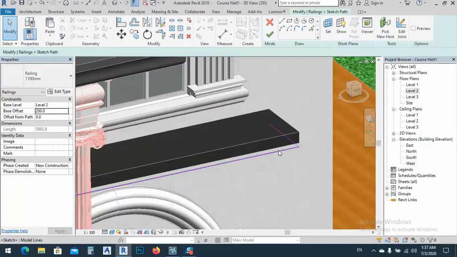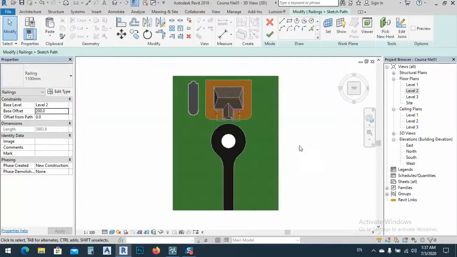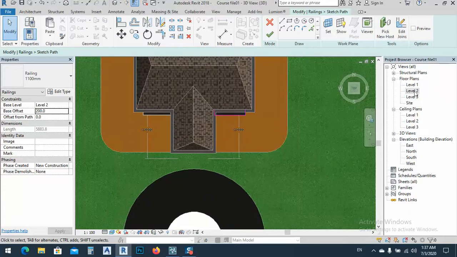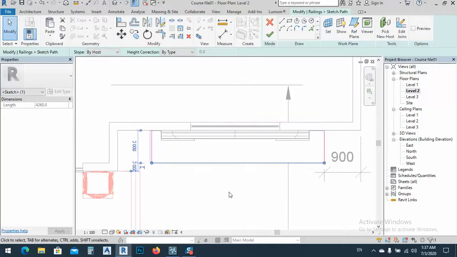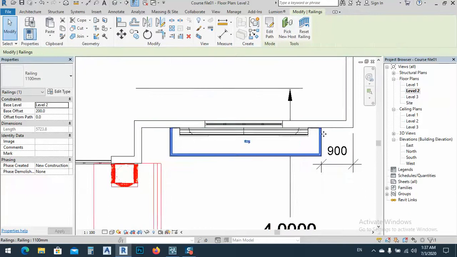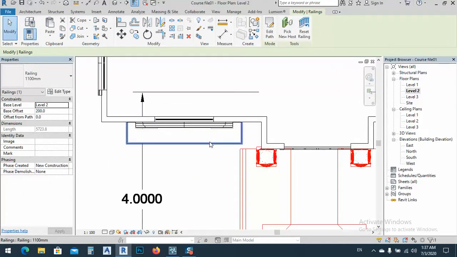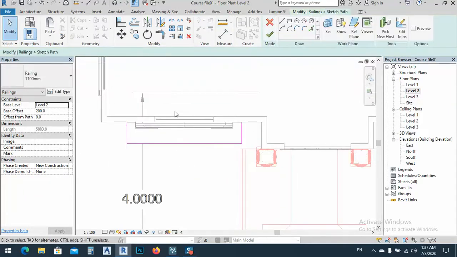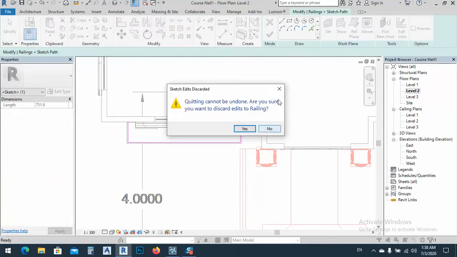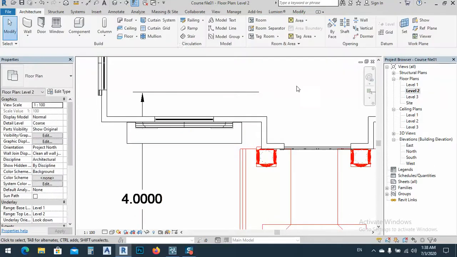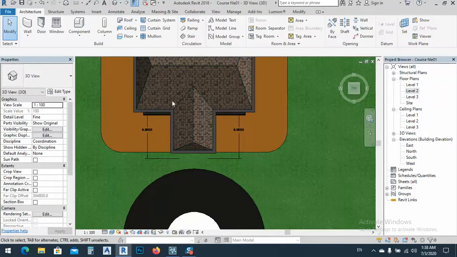And if we want, we can edit path for this one and go to top view, or maybe level 2 is better. So what I'm doing, I'm just offsetting the lines a little bit and finish it. For this one also the same procedure, edit path, and finish, yes. And if we go to 3D view, we see